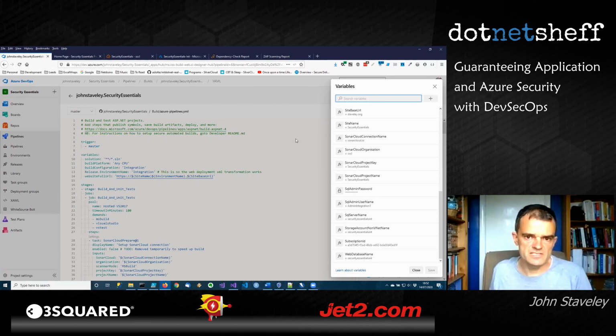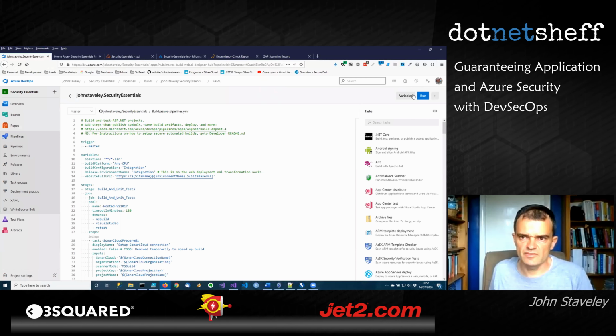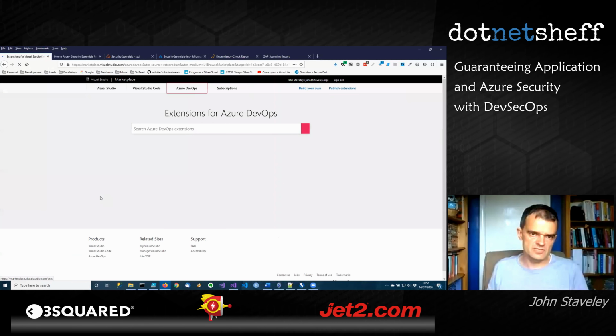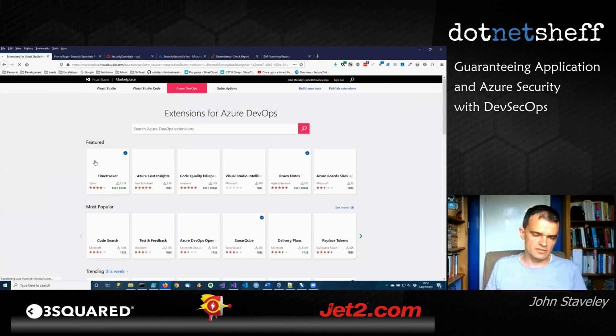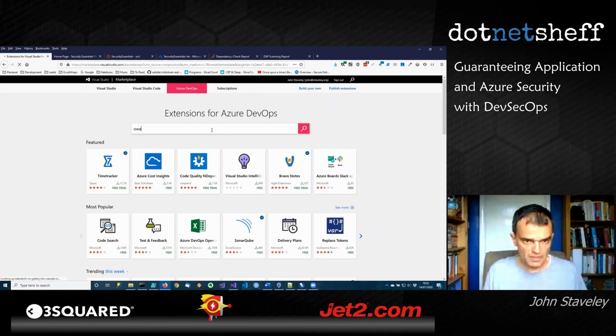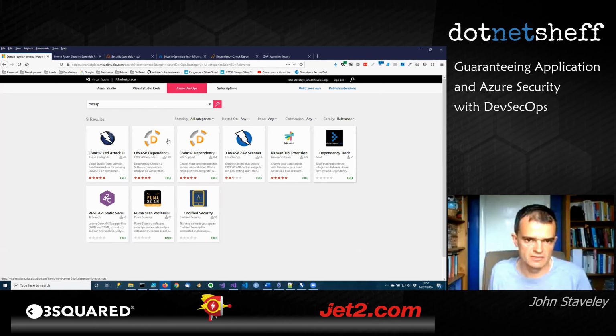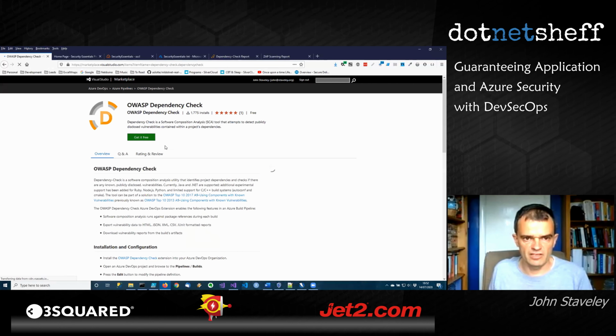A lot of these use extensions from the marketplace. So a lot of the security tooling which runs on check-in comes from this marketplace. It's very easy to set up. So just do a quick search, for instance, the OWASP dependency check here. If I click on here, I get it free, and then it takes me to an add screen, so then I can add it into my subscription. What that then means is I can add in